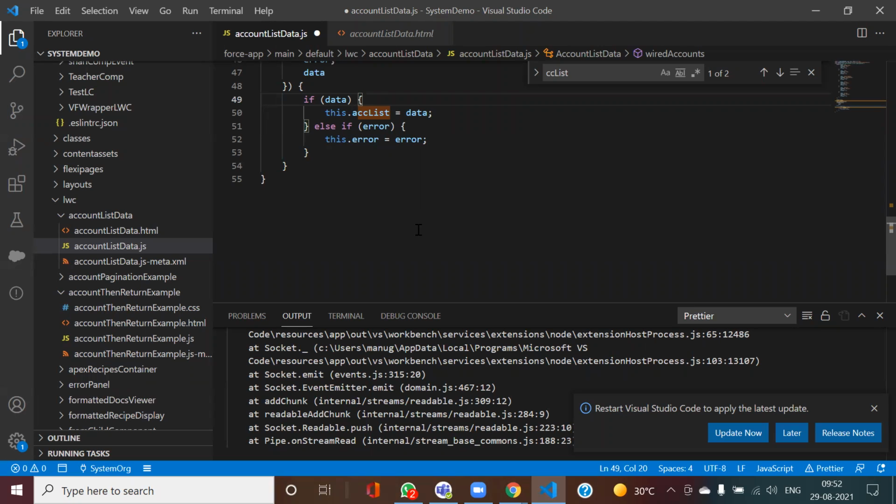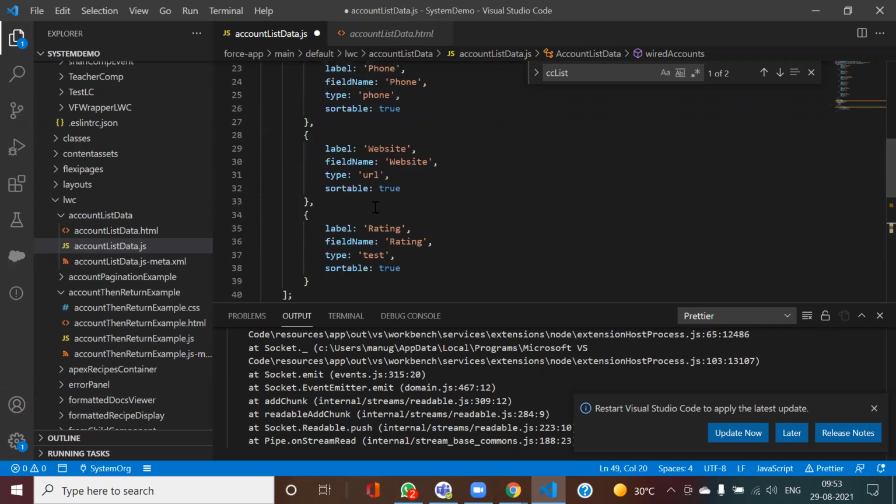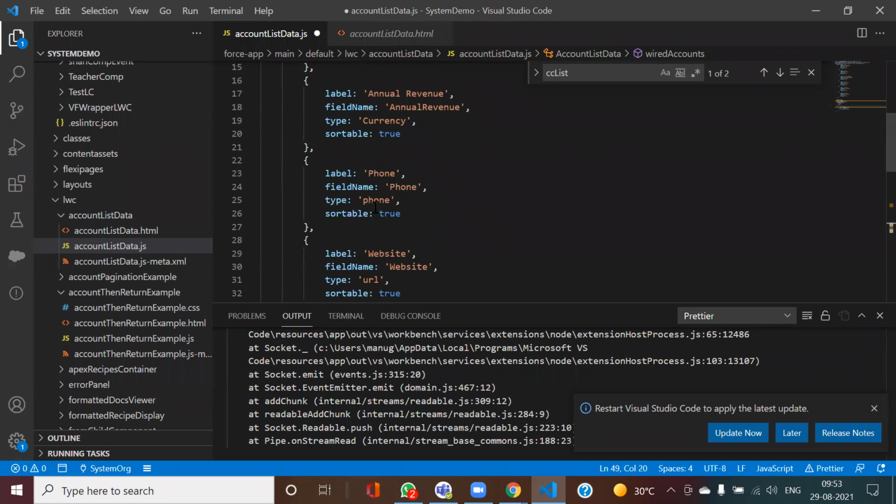Yeah, there is one question: can we write logic on the JavaScript side instead of writing Apex? For data, you need it from the Apex class, right? So that class you need to call somewhere. Normal logic I can write in JS, in case of some calculation, or where the Apex class is not required.